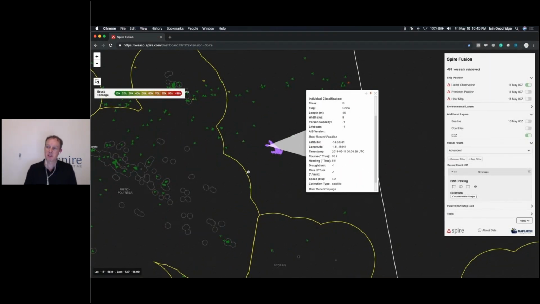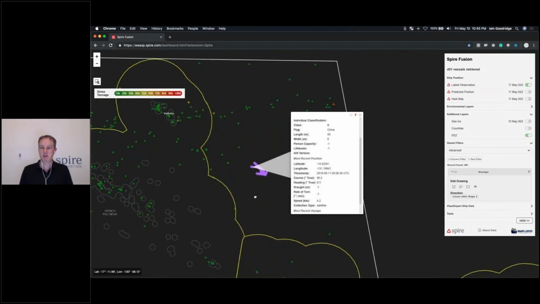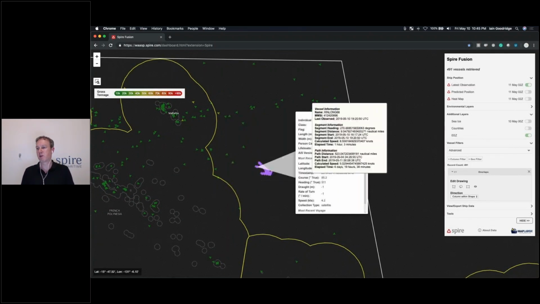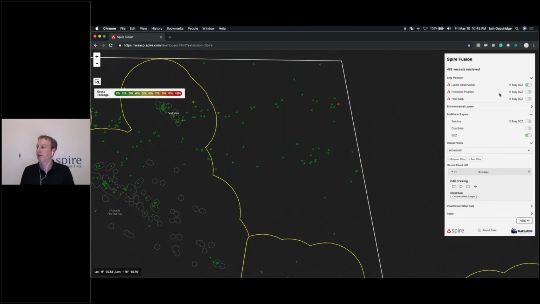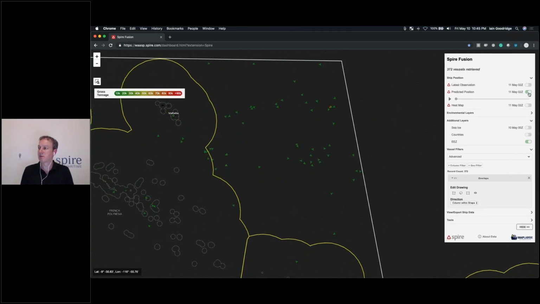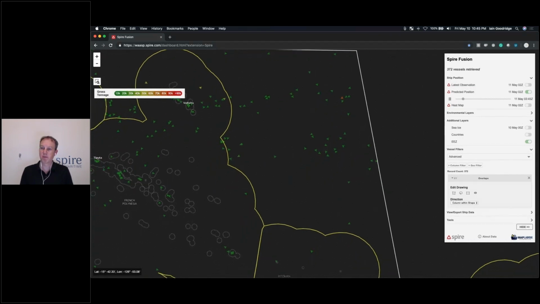Now what's interesting is obviously it isn't crossing into this EEZ, it's actually outside of that right now. It's close to it, but it isn't quite into it. Now what can be interesting is we can turn on predictive position and we can play through that. So we'll see all these vessels moving, the ones that I've selected in this box, over the next 8